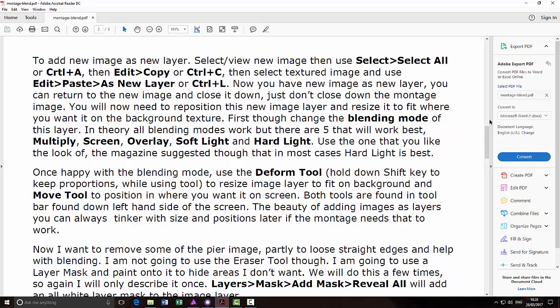But one thing I will say about the blending mode, this was an adaptation of a Photoshop tutorial, and the chap that did the tutorial said that the 5 best blending modes for making a montage image were multiply, screen, overlay, soft light and hard light. Now if I remember correctly, I pretty much used hard light most of the time on my PhotoPlus montage, but in this version that I'm going to do now with Martin's images, I'm going to pretty much be using normal blending mode most of the time,